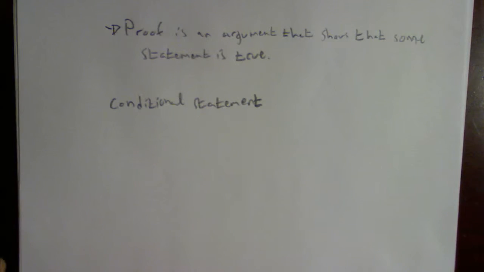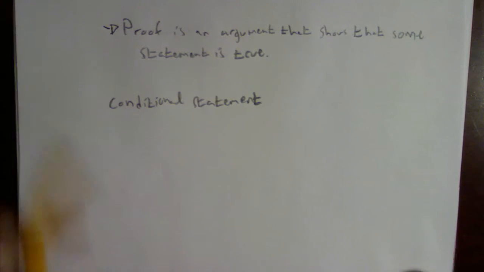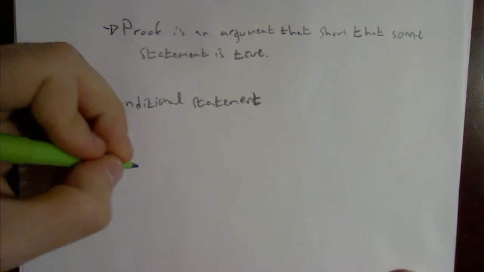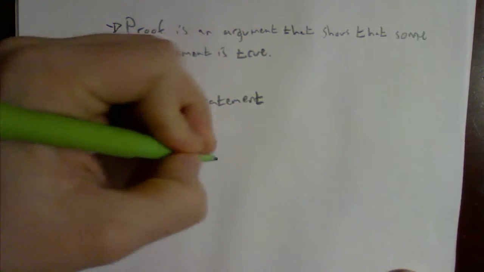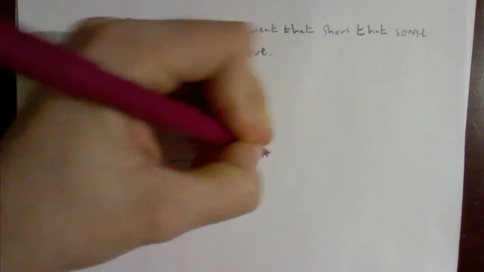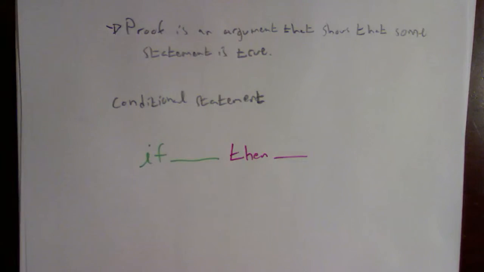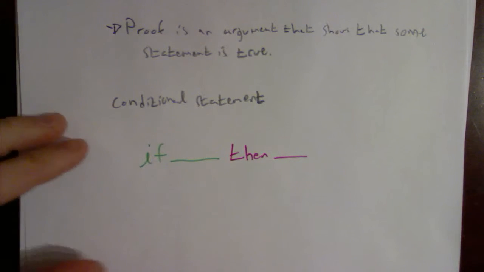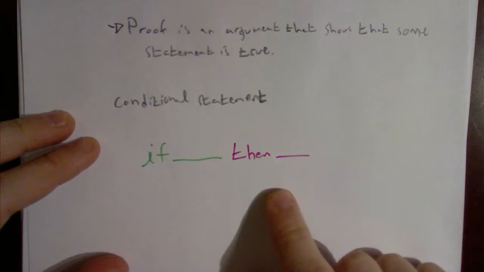Conditional statements are statements that have the form if something, then something else happens. If you go out into the rain, then you'll get wet. If you don't go to sleep, then you'll be tired. It starts with something that you have, and then it comes up with some conclusion, something that happens because of